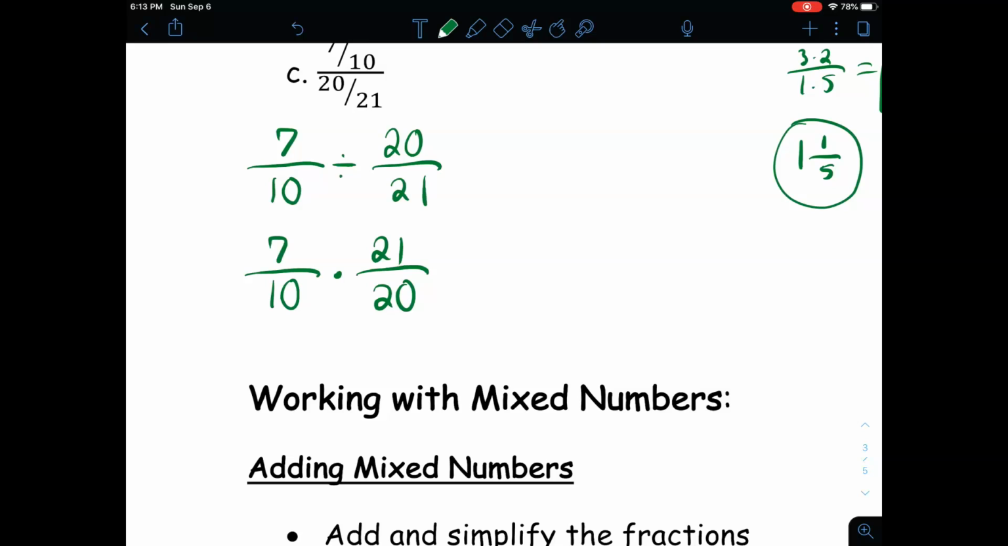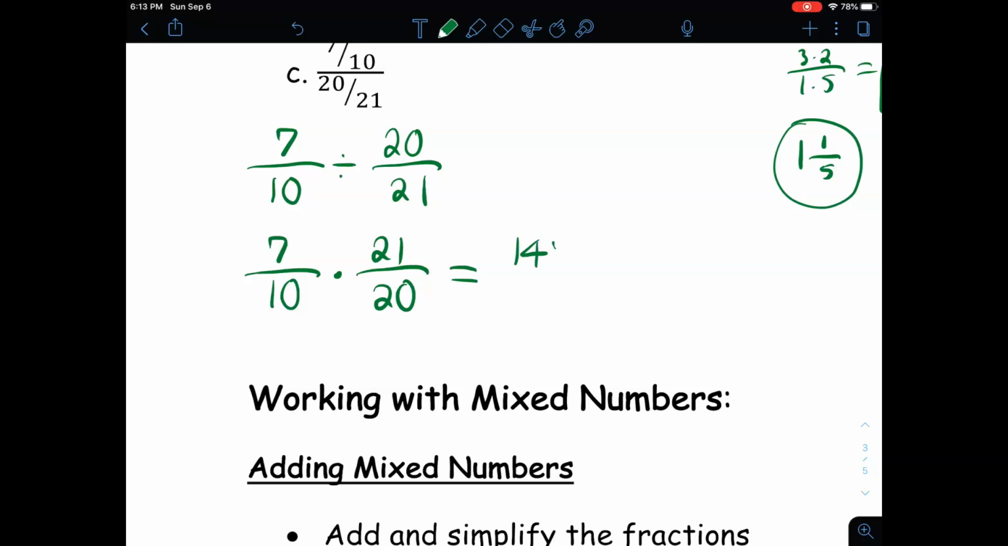Now, it's multiplying fractions, no big problem. Top times top or bottom times bottom. But we need to make sure that we reduce if possible. Does 7 and 10 reduce, or 21 and 20? Nope. 7 and 20? Nope. 10 and 21? Nope. So we just have to multiply these big numbers, which is going to give us 7 times 21, which is going to be